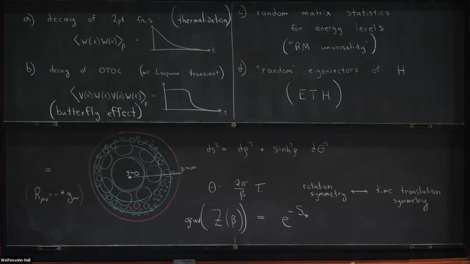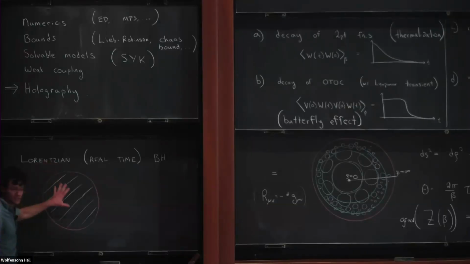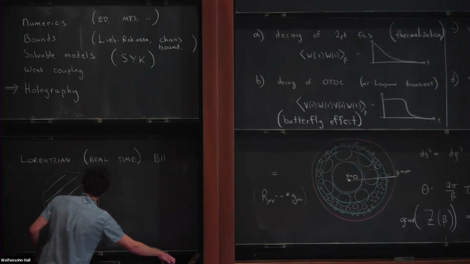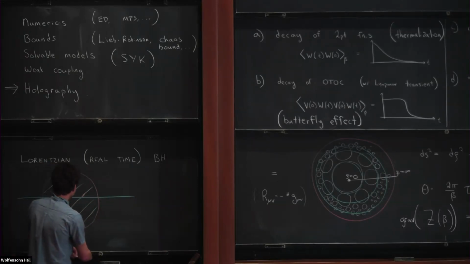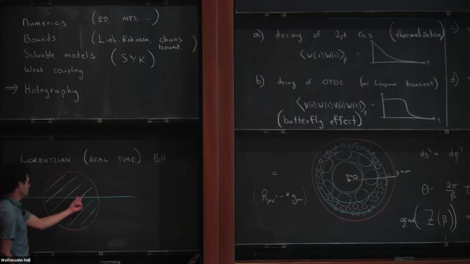So let's move on to real-time black holes, the Lorentzian black holes. To do this, we start with our Euclidean solution. I'm going to stop drawing the circles. This is the hyperbolic disk. We start with this thing, and we pick a time reflection symmetric slice, or a reflection symmetric slice. So this slice here, for example. And then we start from this blue slice, and then we